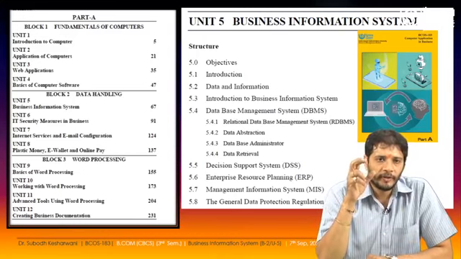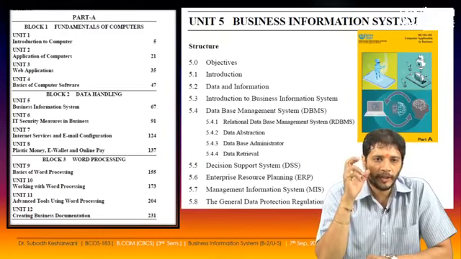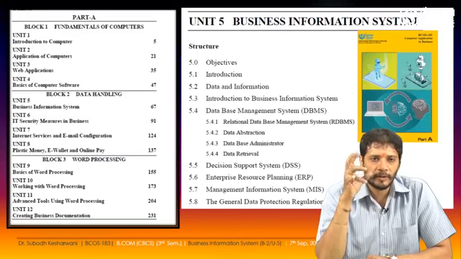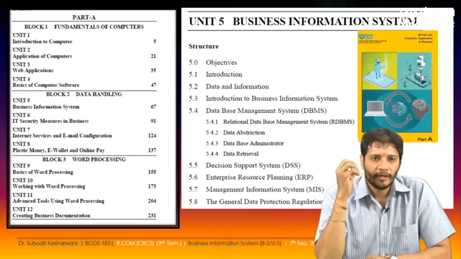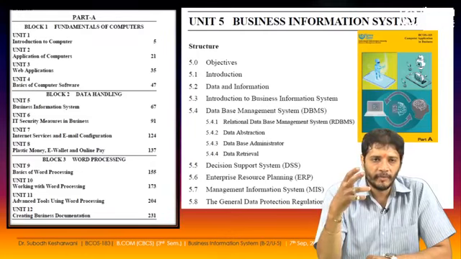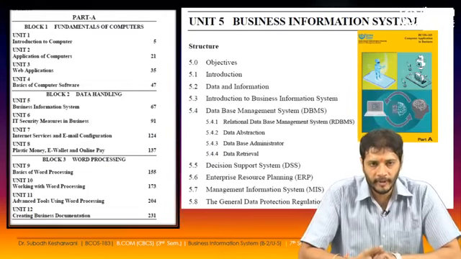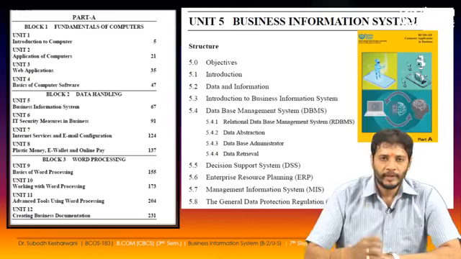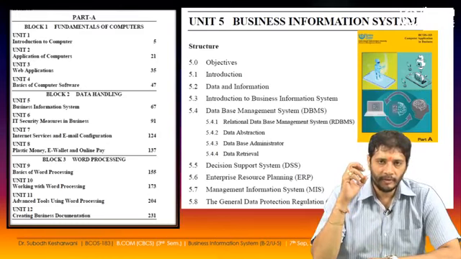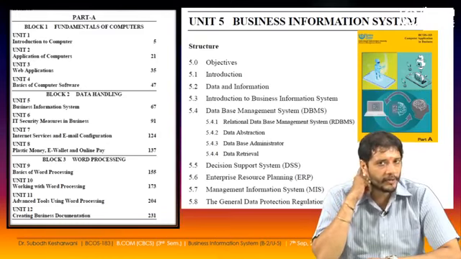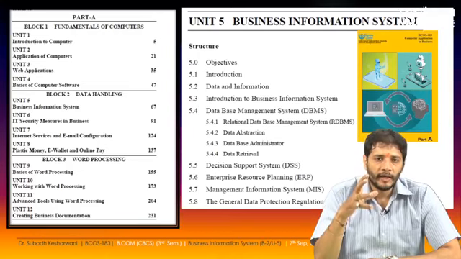So this is block 1, and block 2 talks about data handling. It starts with the business information system, then security measures, then how you're going to configure the email and use the internet services, then plastic money, e-wallets, and online payment. So anyway, if you see this particular course title, that is business information system, we are here with the